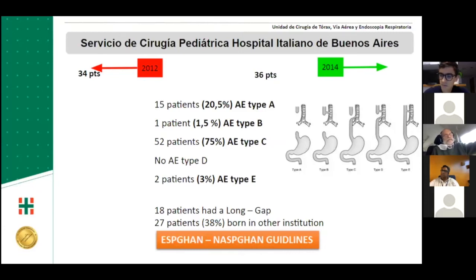In our experience, we prefer to use bougies. We use Savary dilators. This is because, not only in our experience but also in the literature, there is not a higher incidence of complications with Savary than with balloon. And in our experience, we can manage the dilations not only with the interface of a manometer, but with our hands we can force the dilator, and so we can reduce, not avoid, the risk of perforations